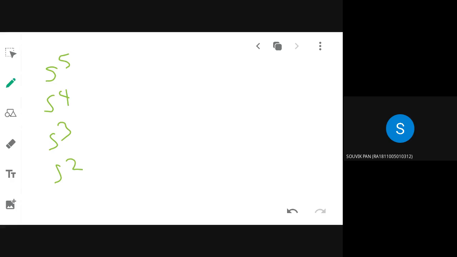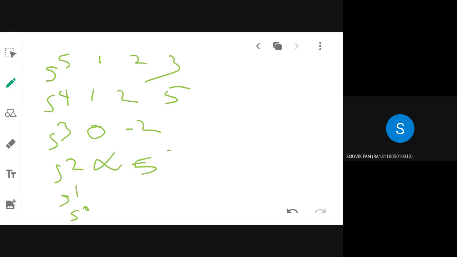Okay, so what will be the rows? 1, 2, 3, then 1, 2, 5. Turn epsilon back to 0, minus 2 you will get. Then this one will become infinity, 5. What about the remaining rows? Here you will be getting minus 2, I think. Here 5. No, ma'am, I am turning epsilon back to 0 everywhere. Okay. What, Mujaffar? Any doubt? Minus 2 only, ma'am. Yes, yes, minus 2.